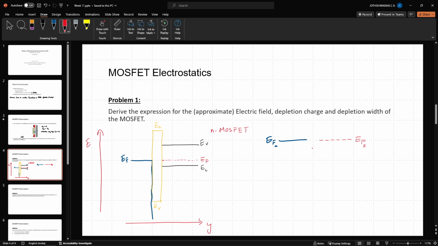So as VG is applied, we are considering an NMOS. In order to turn the device on, VG has to be greater than 0. If this were a PMOS, then a negative voltage needs to be applied. Since a positive voltage is being applied, what will happen is this region, this Fermi level is going to,